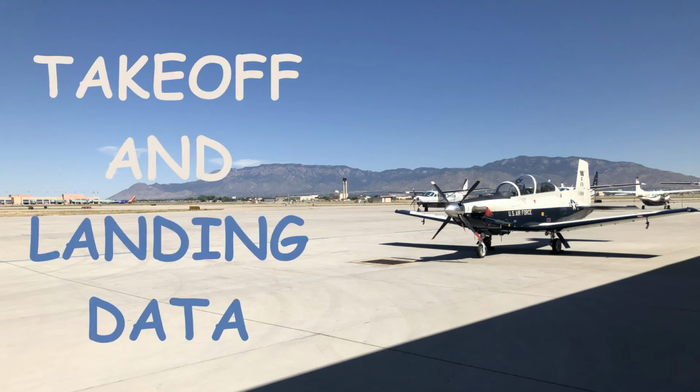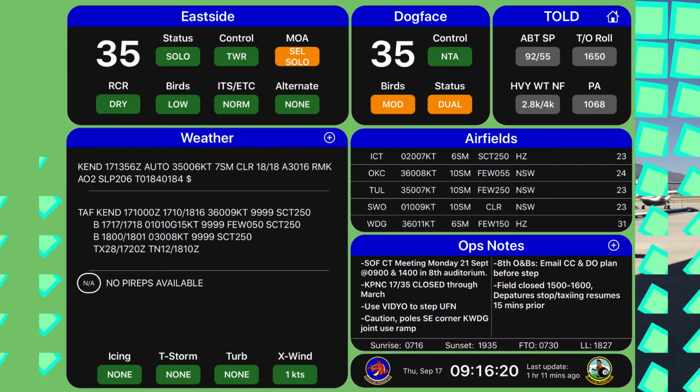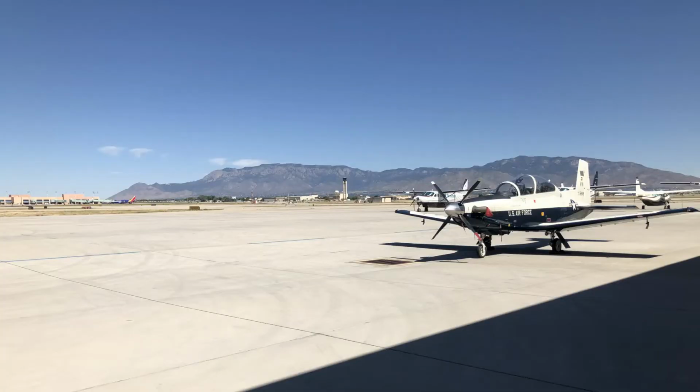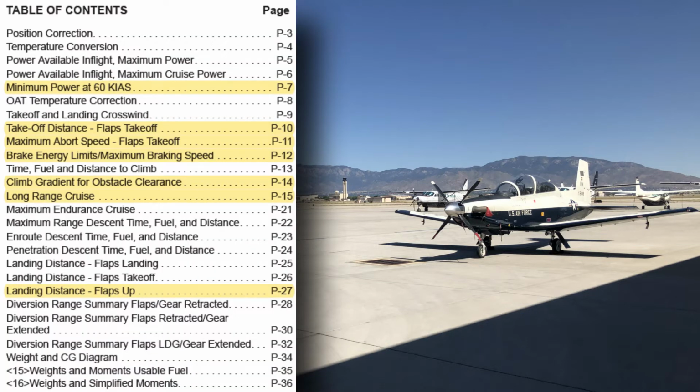In this video, we look at calculating TOLD for the T-6. Takeoff and landing data is typically provided to you for home station sorties, but it's important to know where these numbers came from. Off station, such as during cross-country flights, you'll have to calculate your own TOLD. In this lesson, we'll look at a handful of the most common charts you'll need to be familiar with in